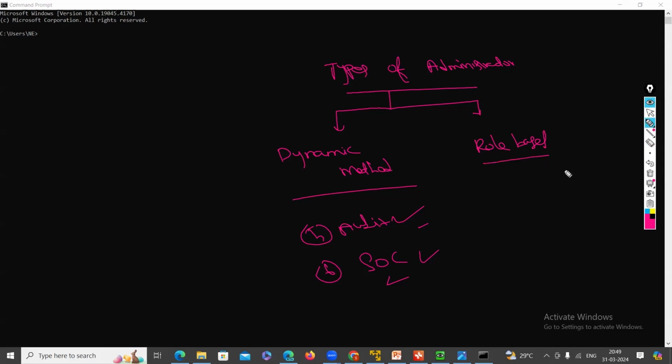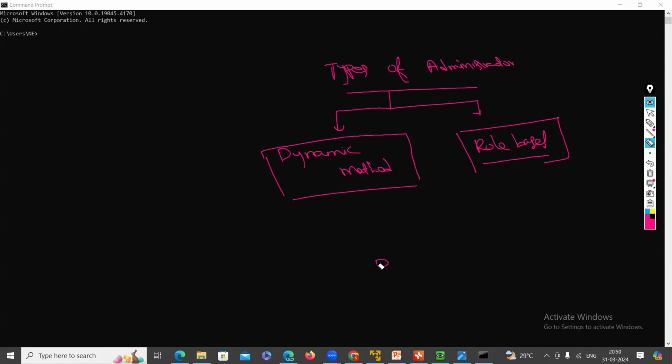So you can create an admin user account in two methods in Palo Alto firewall. One method is the dynamic method, or dynamic administrators you can say, and the other method is the role based method. Dynamic method administrators use inbuilt privileges. It's predefined by the vendor itself, in the PAN operating system itself. Instead of inbuilt, you can say it's a predefined role. If you create a new administrator account in the dynamic method, you can choose any of the inbuilt